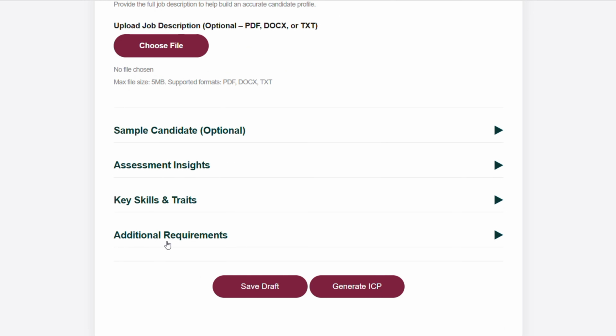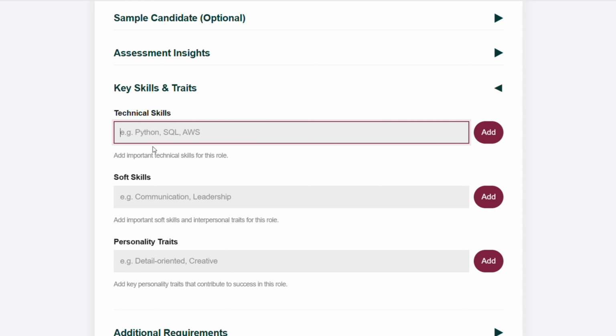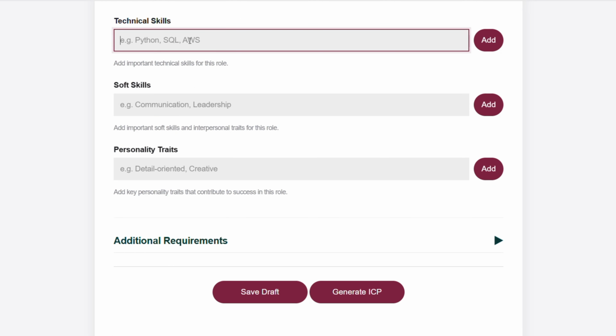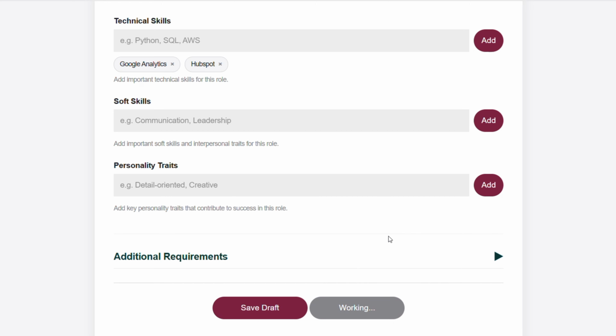Now, down here, we might put in some key skills as well. The important thing, just to show you how this works, we'll put in some of the skills that were in the wish list that we originally received from the hiring manager. So this would include Google Analytics. So if we type that in and then click add, you'll see that it's added to the bottom there. Maybe we'll throw in HubSpot just for good measure, and we'll add that in. And then we can just click Generate ICP, so generate the ideal candidate persona, and in a couple of seconds,